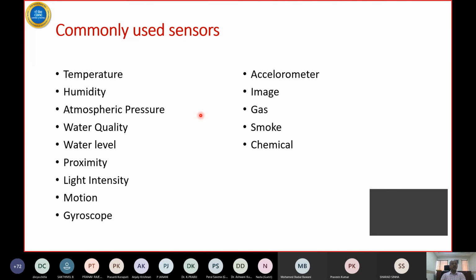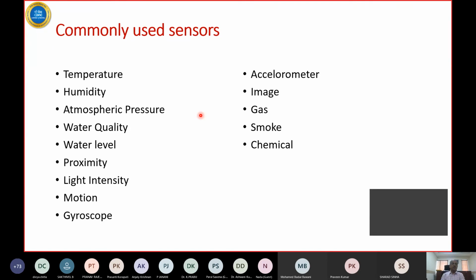Then water quality, like in smart cities, this is one of the popularly used sensors to know the turbidity. There are various things that you can check, like just lying here. I'm not sure whether you can see it, but this is something Xiaomi has made for home use. It's a sensor, I think it's not visible here, but there is a sensor here and it can tell you what is the ppm of suspended impurities in it. So it's like an equivalent of, let's say, a thermometer that you can use to check the temperature of a human being. You can use this for checking the turbidity before you drink water at home.